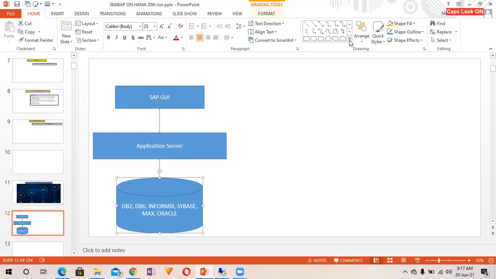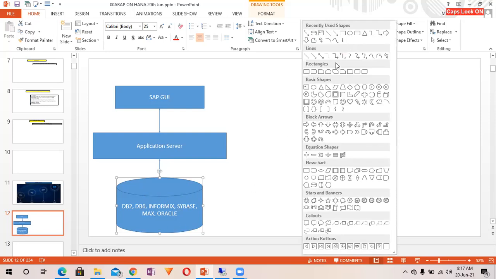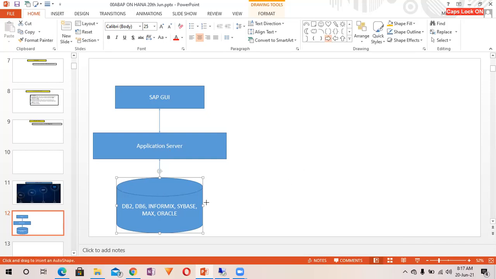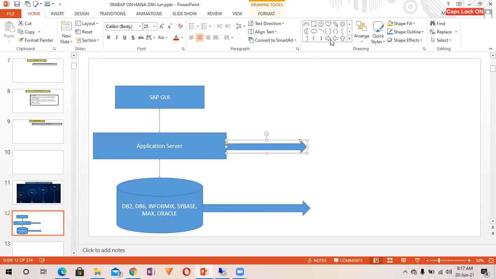HANA came into the picture around 2010, and it was introduced first as a sidecar scenario because none of the businesses was ready to directly implement HANA, as they did not know about it.